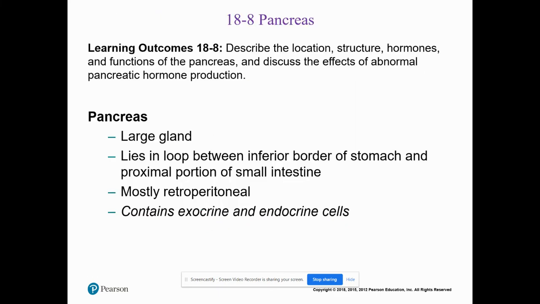It has both exocrine and endocrine cells. Right? It's mostly going to be retroperitoneal, so behind the peritoneal. You can also read that as beyond the peritoneal if you like. Okay. So it is a very large gland. Its location is going to be